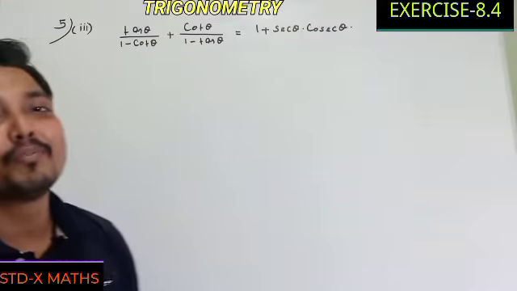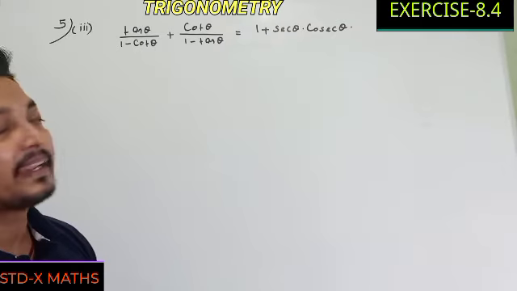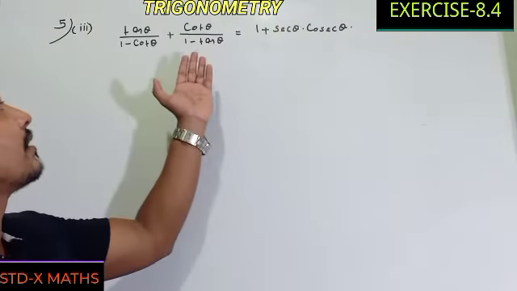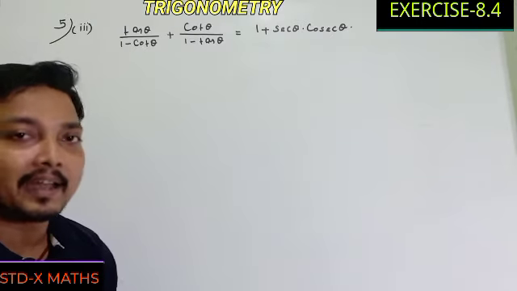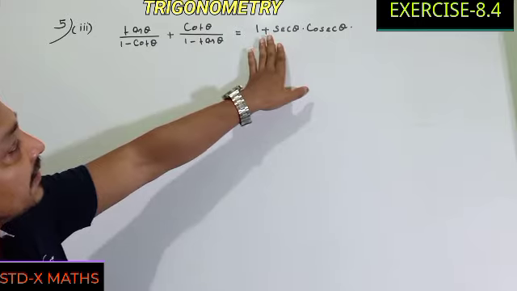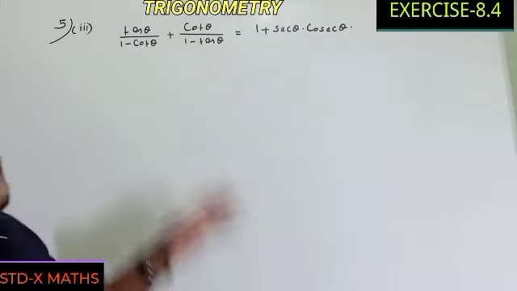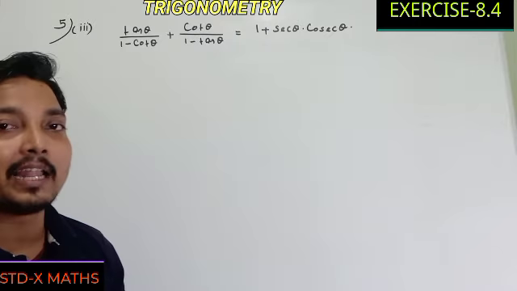So in this video we will discuss question number 3. In question number 3, it is given that you have to prove that the left side is the same as the right side. Clearly, in comparison to the right side, the left side provides a better field to do the calculation.